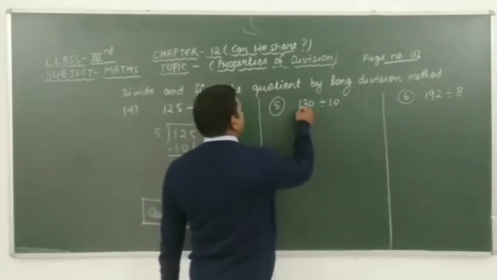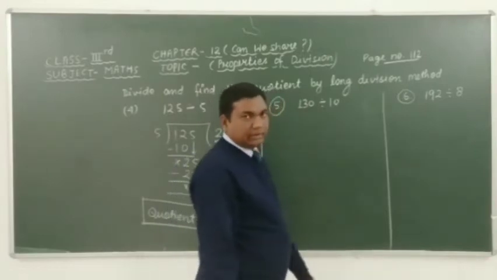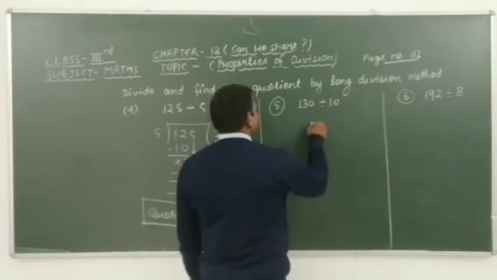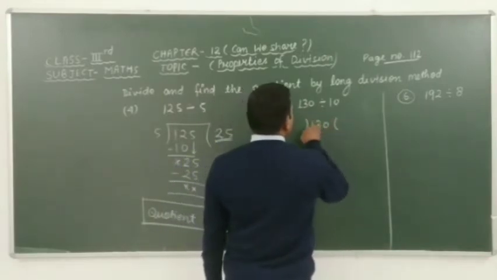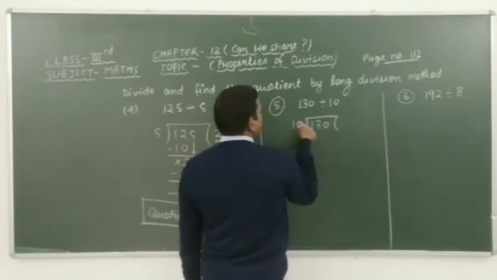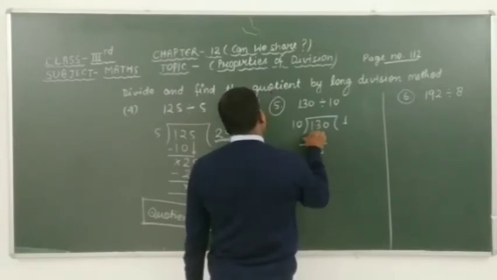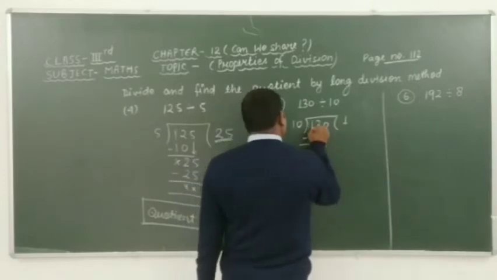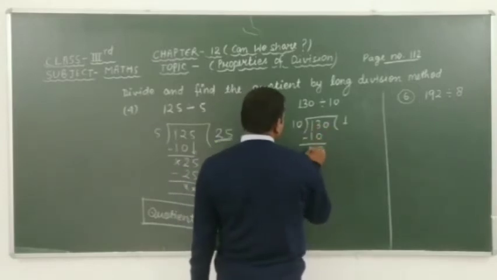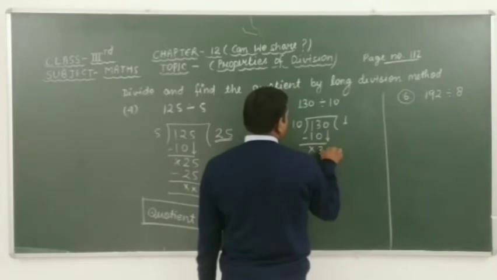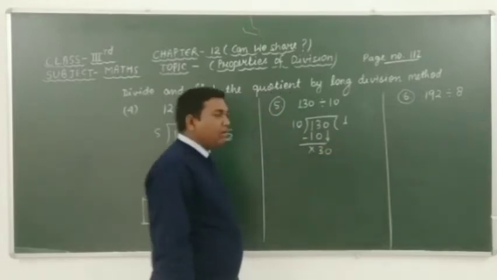here given that 130 divided by 10. Dear friends, firstly we have to take the division of 130 by 10. 10 1s are 10. After subtracting this, 3 minus 0 is 3. 1 minus 1 is 0. 1 minus 1 is 0. It means that cancel out. Here we have to take 0 as same.